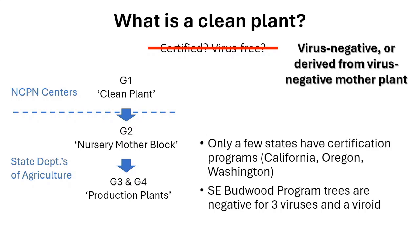But I do think that it's important that we define what a clean plant is, and I would refer to it as a virus-negative plant, or one that is derived from a virus-negative mother plant. We can't really make the claim that it's virus-free, and so that's why I don't like to use that term, and we don't use certified in the Southeast either. Okay, so